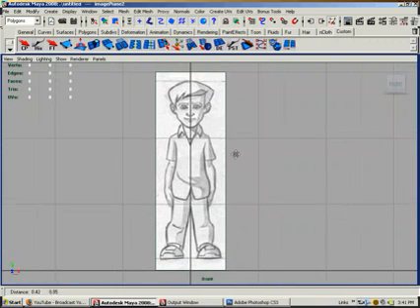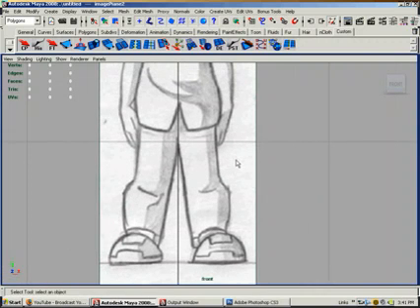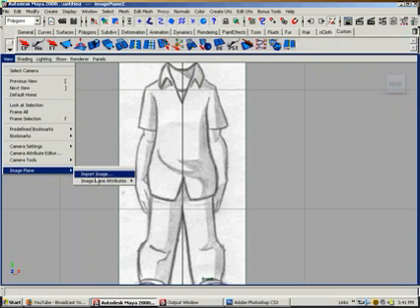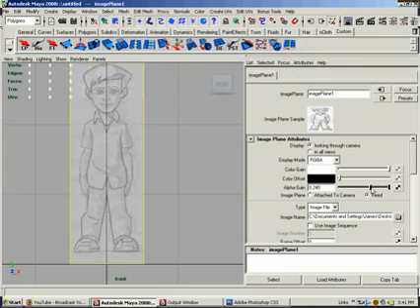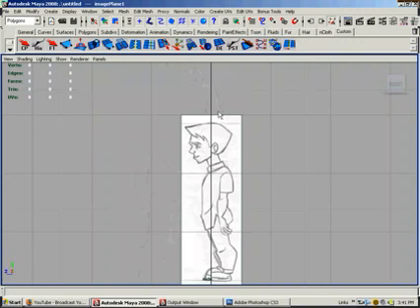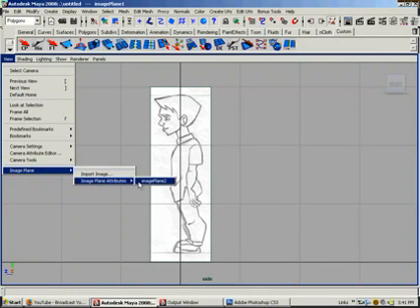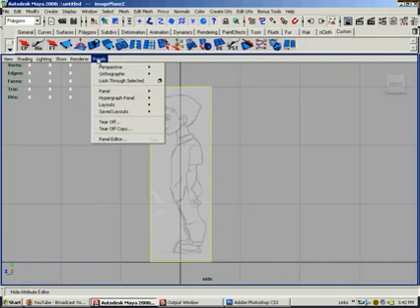When you start modeling, you can model from the front view, the back view, whatever you want to do. Another cool thing is if you want to be able to see through this and you think it's too intense, in whatever view you're in, go to the attributes again, image plane attributes, image plane 1 is what it is, and just turn down the alpha gain, and you can see right there. It's semi-transparent now, and I like working that way too. It's only for that view. If I go to the side view, he's going to be intense too, so we can go in the view tab, image plane attributes for image plane 2, turn down the alpha gain a little, and I'll go back to my orthographic